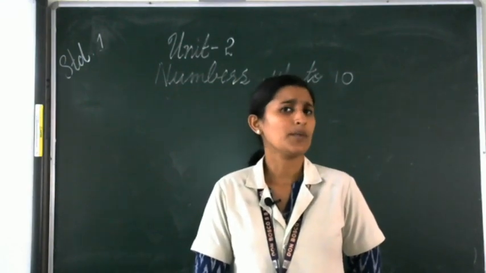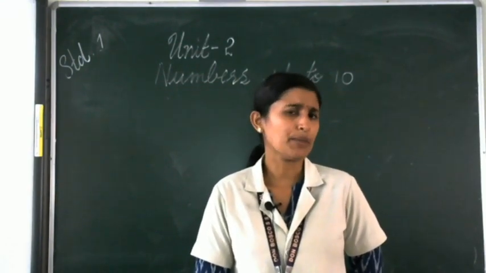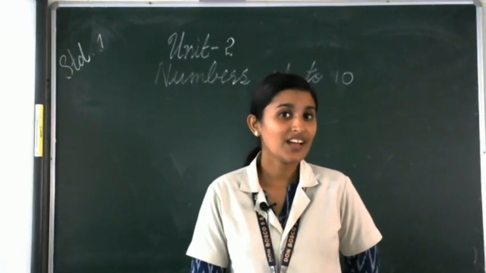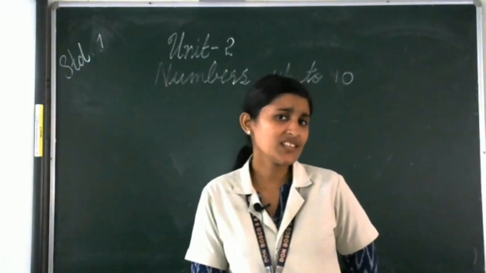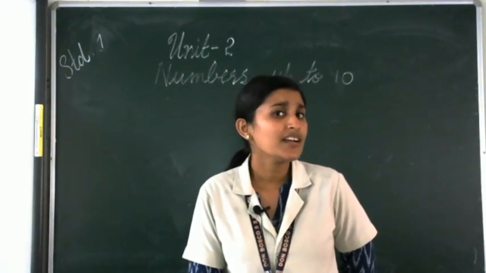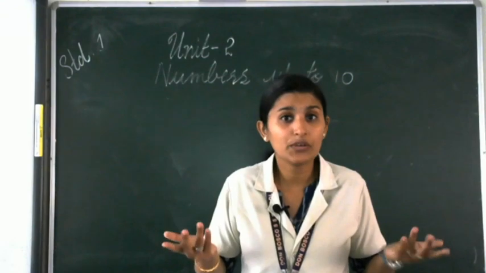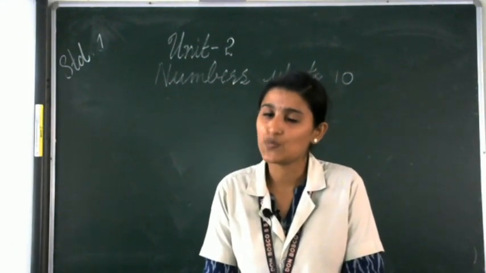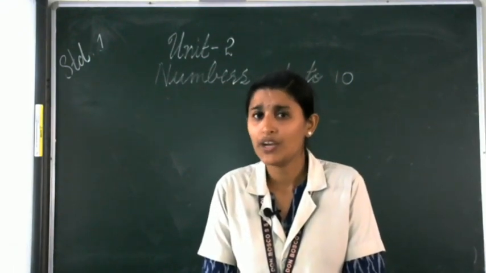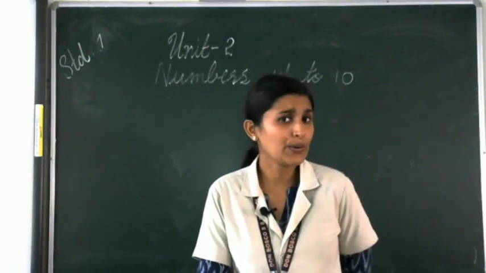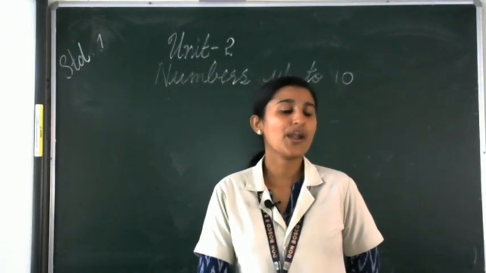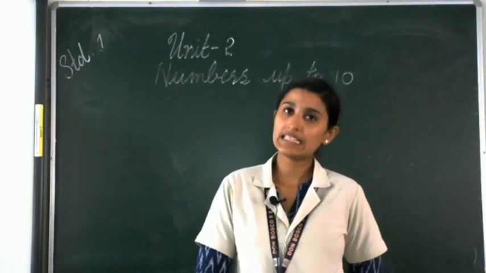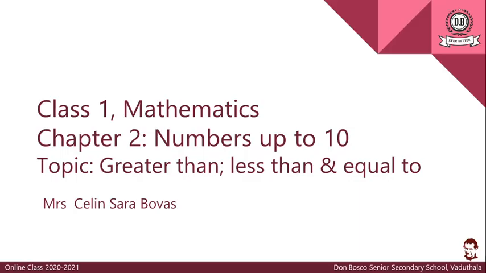Next, one more concept we have learned, no? Did you remember that one? Yeah, very good. That is the concept of zero. Zero means nothing. If there is nothing in our hand, what will we say? Yes, we say that it is zero. Did you remember the spelling of zero? Yes, that is Z-E-R-O, 0.